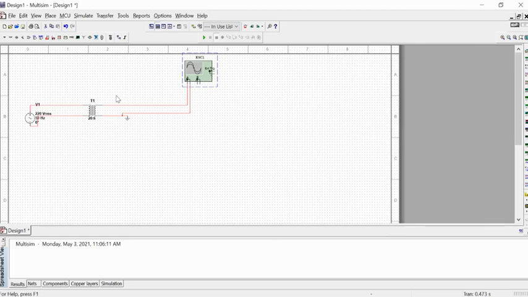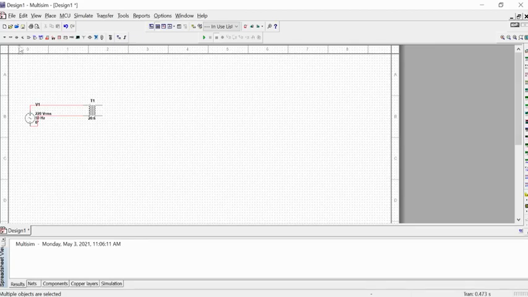Now I want to try to make the AC voltage waveform DC, because most of our components or electronic devices work on a DC voltage. That's why we need a bridge rectifier. There are many ways to build a rectifier, like center tap or bridge rectifier. I'm simply trying to make a bridge rectifier here to make this AC voltage DC.